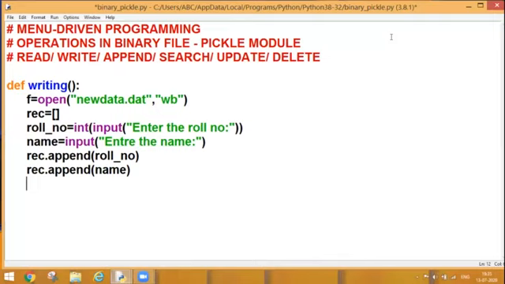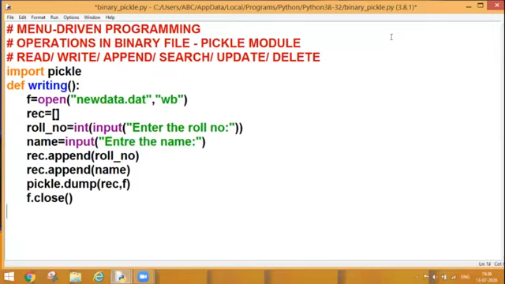That means I have accepted the data from the user. Now I need to write this data permanently into my file. For that, we learned in our last session that we have the pickle module, and under it I have dump. So I'll be dumping my object, and here my object is my list, and my list name is REC. The next parameter is F, the file object. After doing it, I am supposed to close my file. But as I told you in my previous session, without importing the pickle module, I can't use it. So I have imported my pickle module also.